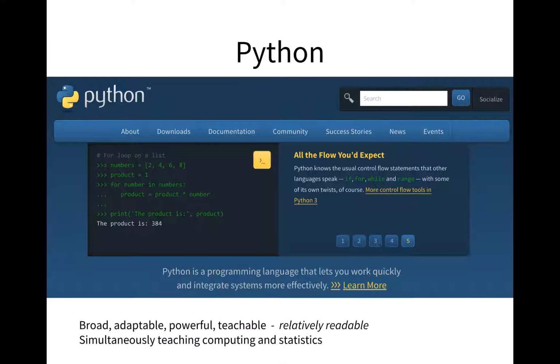It's super broadly used. What I would like to pitch to you that I think is great about Python is it's sort of readable. It sort of uses words. If you had seen C or JavaScript, there's a lot of colons and brackets going on.